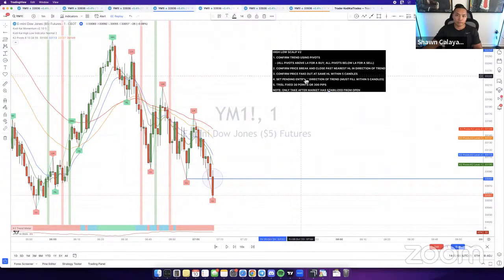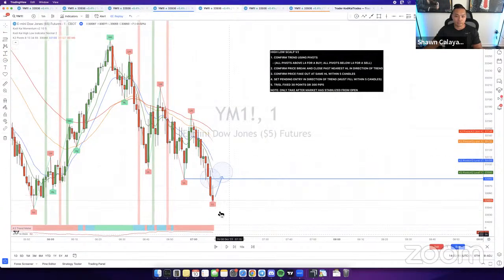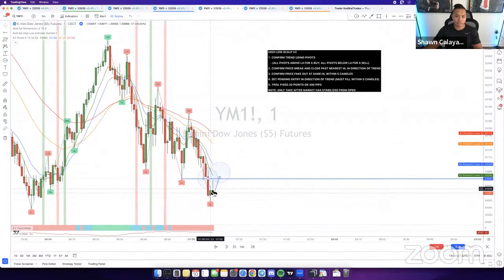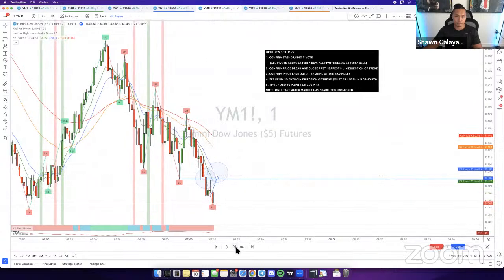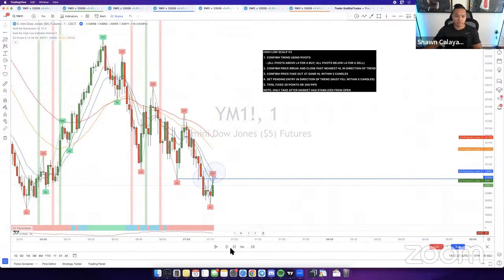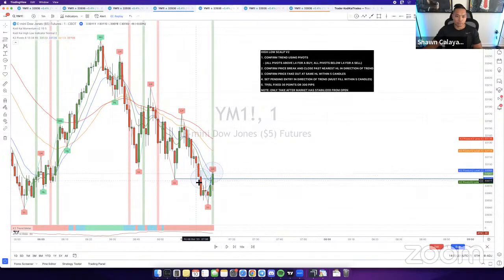Third, you want to confirm a fake out at the same high low within 5 candles. So what we're looking for here is for price to swing back above this zone or this level, and you want price to close above it. So within the first 5 candles here, we have to get that. You can see over here that price continues to go sideways right here. It climbs back up right there. It hasn't broken close past it yet. Keeps going sideways, and finally, price swings above right here. So this is the first candle. You're counting 5 candles after. 1, 2, 3, 4, 5. This right here is the 5th candle. Once you confirm the 5th candle, that's going to be the next step.